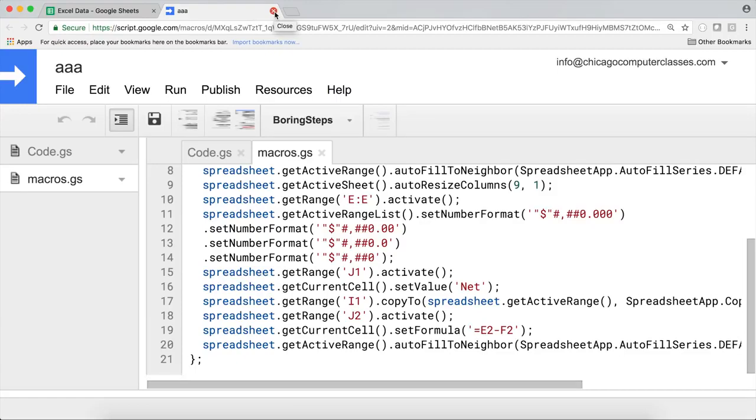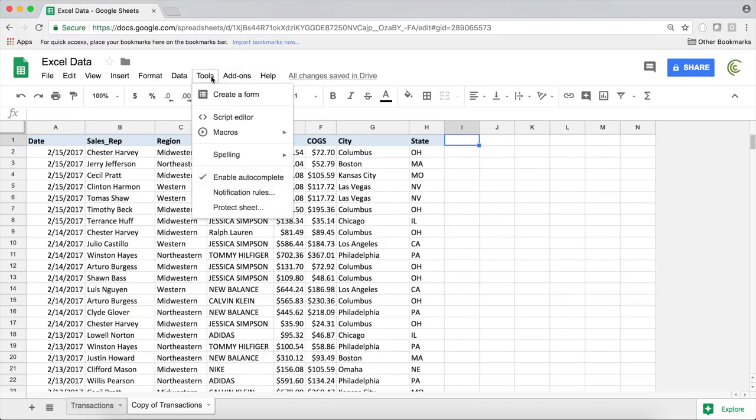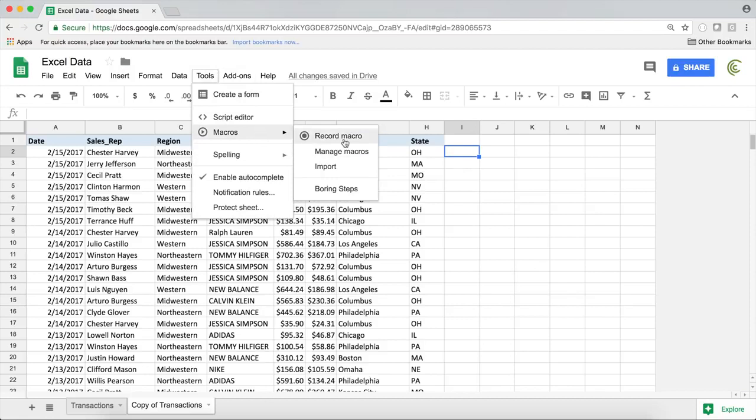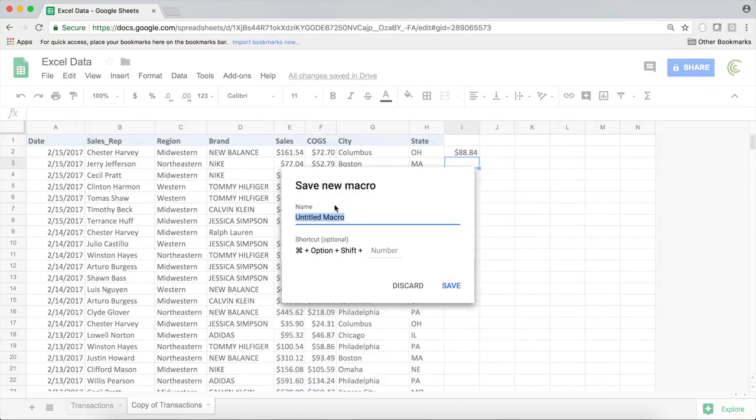One thing I want to show you, I'm gonna close this. So now I want to show you the difference between the type of macro you record. So for example, if I'm right here in this I2 cell, and I go under tools and do macros and record a macro, and right now I'm in use absolute references mode. So if I go here and type equals this minus this, hit enter, that gives me that total number. So I'm gonna go ahead and save this macro, that just a single step, so you can see what's gonna happen. Net